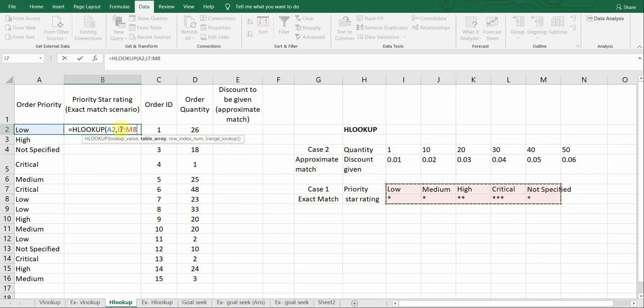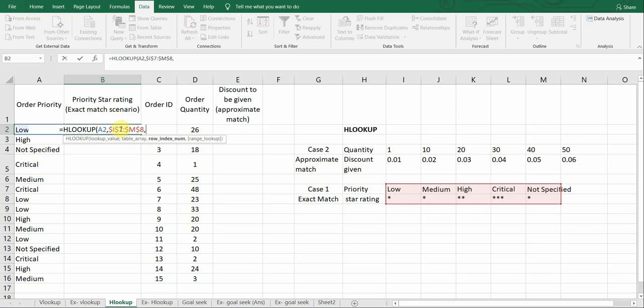And in this particular table array, since we do not want this array to shift when we copy the formula to the other remaining cells, we're going to fix it with the help of a dollar symbol.